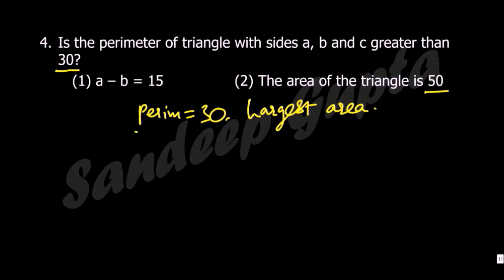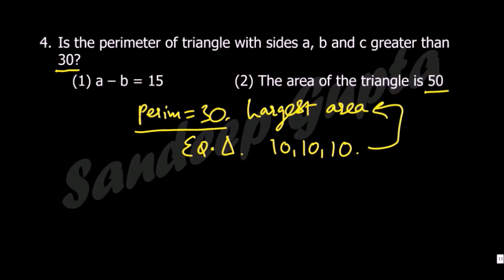So now the perimeter is 30. What is the most symmetrical triangle we can produce? And that we all know is the equilateral triangle. That means all the sides are equal. So right now the sides may become 10, 10 and 10. That is an equilateral triangle. This will surely have the largest possible area with a perimeter of 30. We cannot cross more than that area no matter what. So what is the area of an equilateral triangle? It is root 3 by 4 a square.